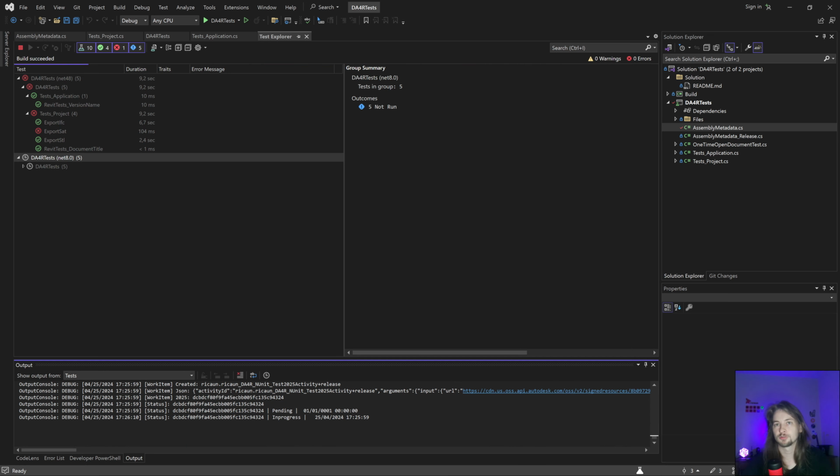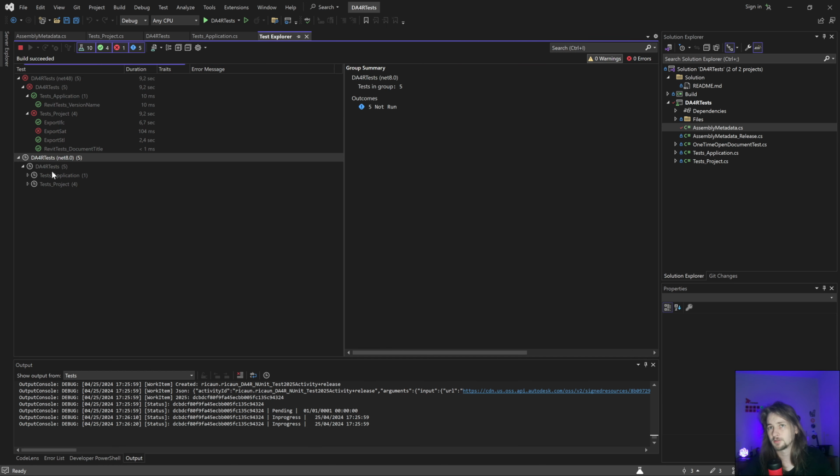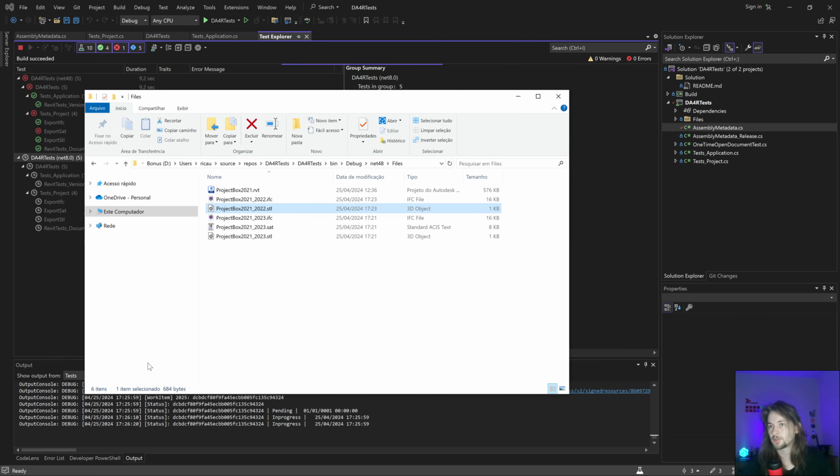So let's wait just to see if everything passes or not. It should pass and should create 3 files with that configuration. And by the way, I don't have version 25 on my machine. I can show what happens if I try to run it.